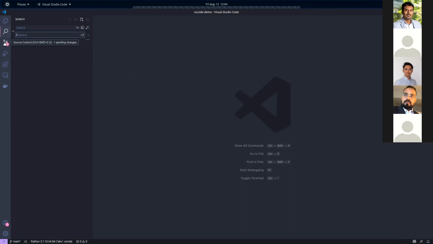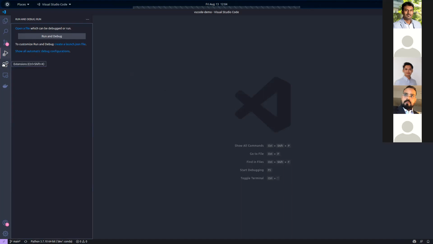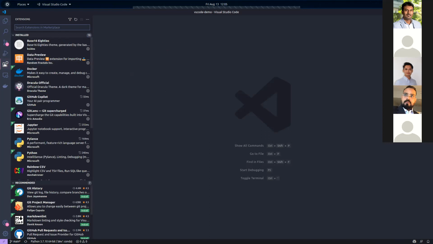Then there's Git source control. This comes integrated with the VS Code UI, and I'll be talking more about this in a while. There's also a debugger that you can use with Python or any other programming language that you are working with. And finally, there's extensions. Using this, you can search for any extension and install it on VS Code.